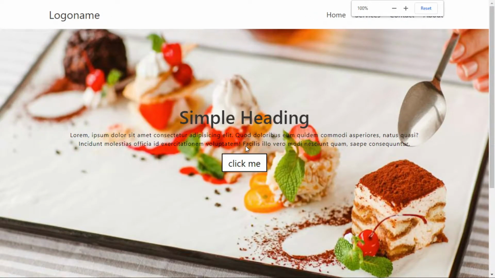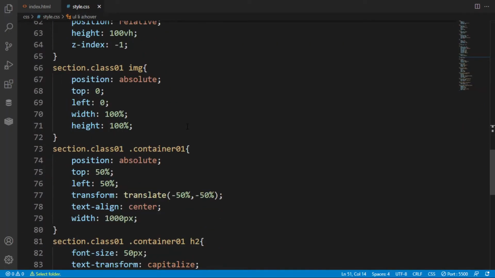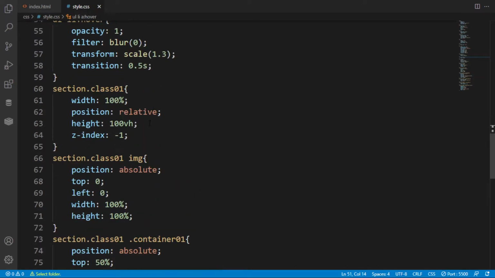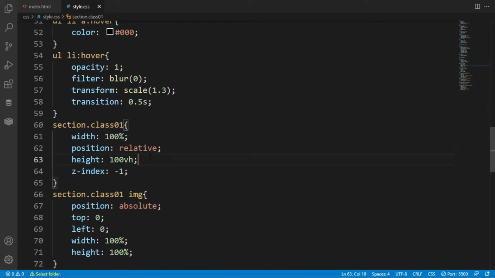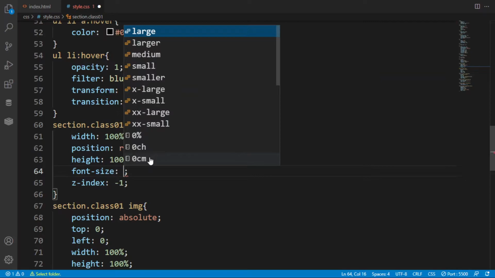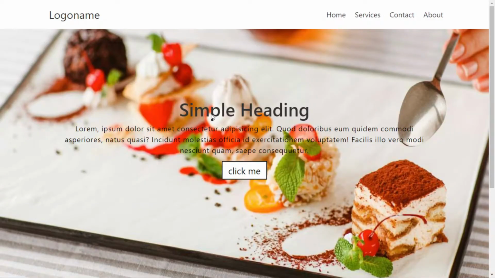Now this is the web page that we have created till now. After that we are going to start the content of 4 cards. Before that you have to put the section class 1 with font size 20 pixel, so that there is an increment in the header section also.